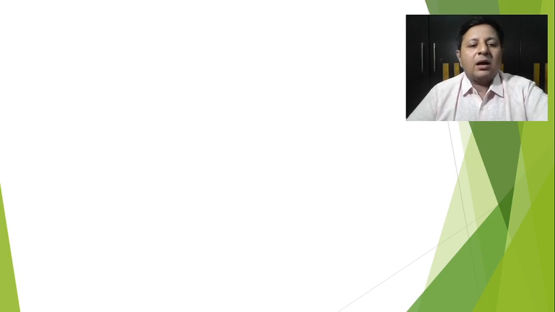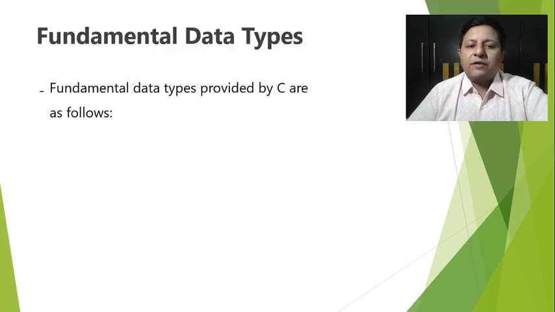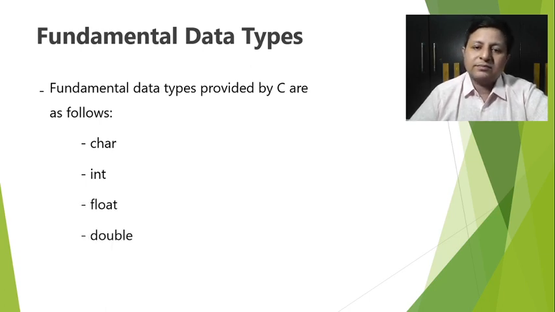Moving on, the fundamental data types provided by C are as follows. We had even seen the list in the previous video, so I'll first repeat the list and then we'll elaborate more on it. To start with the simplest one, if I want to store characters, the one used is char. For integer type values, we have int. And if I want to store fractions, depending on the precision, we have float and double. Let's try to understand them in detail, and then we'll even see the memory allotted for them as well as their range.